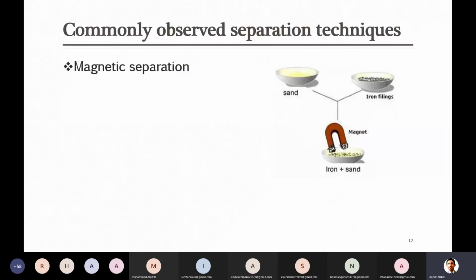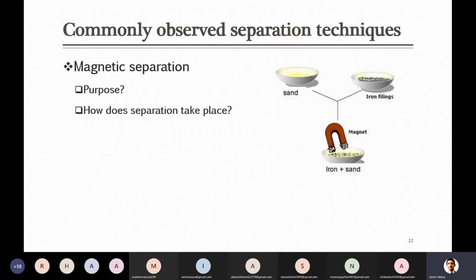Another one, maybe you have seen somewhere in FSc, I think you studied such an experiment. Did you perform an experiment in which you have sand and iron filings, and you mix them and then separate them? Yes, sir. Okay, yes, it was in Fine Science. So can you tell me what kind of force is taking place here, and what is the purpose of the separation?